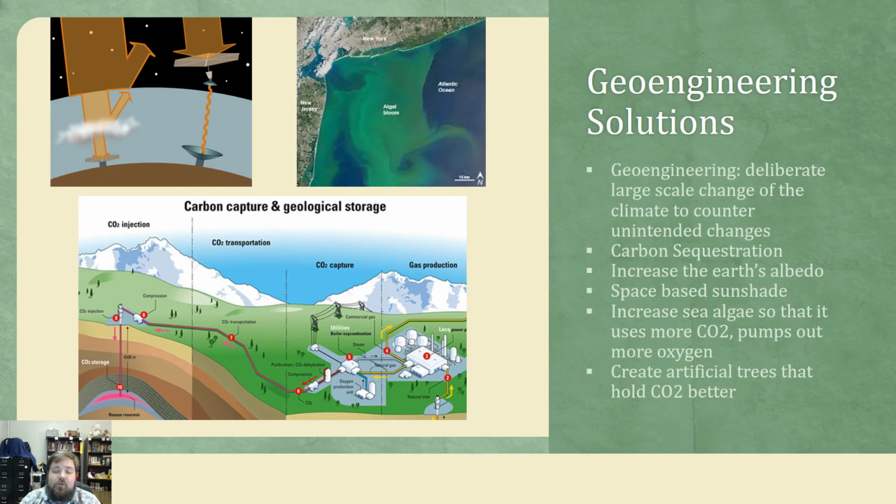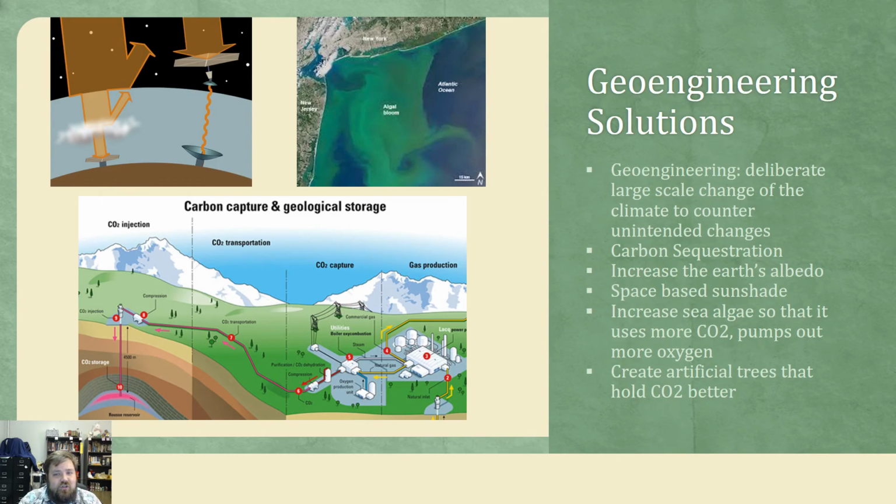There's a variety of things we could do to reduce the amount of sun that gets to the Earth. We could build space-based sunshades. You'll see that image directly above me, above the carbon sequestration image. Basically, we could build a giant umbrella in space to keep the sun from getting here. And we could also use it as a solar energy collector and beam that energy back down to Earth. So we could still get the energy without taking on the heat. That's a pretty interesting idea. I'm kind of a fan of it, but I'm also a big space advocate. So space, clean up the environment, that all goes together for me.